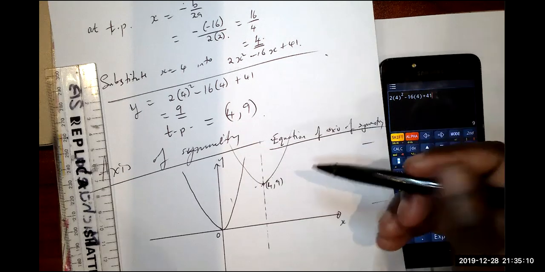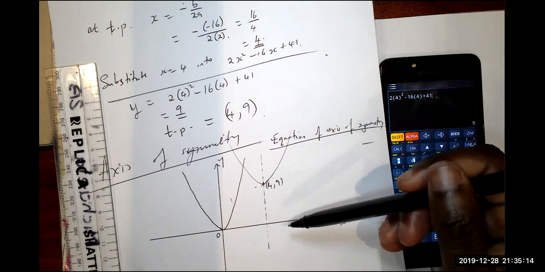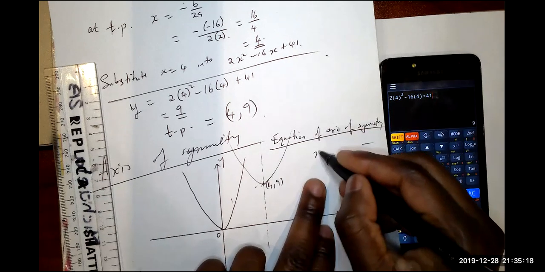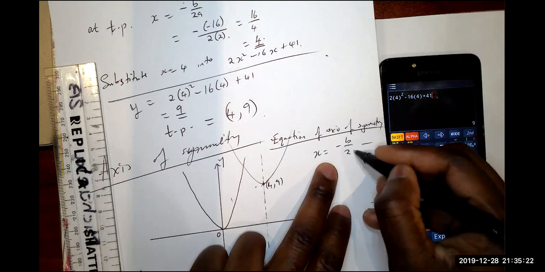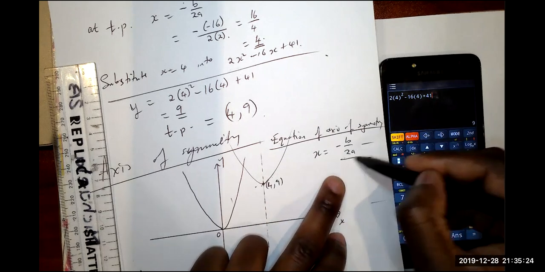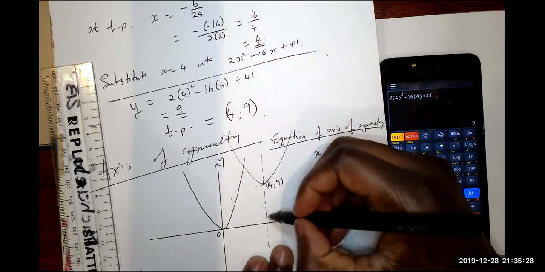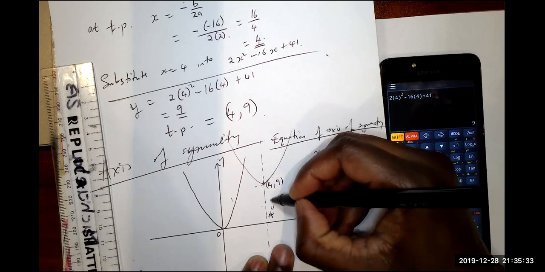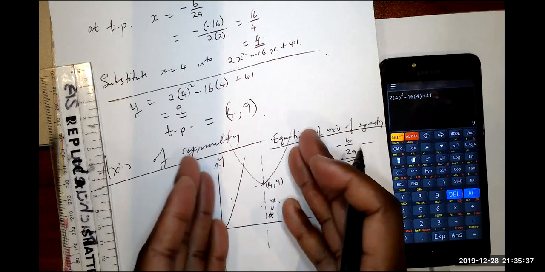Okay, so by finding the turning point, you know the x value. In other words, for the equation of the turning point, you just say x is equal to what? x equals minus b over 2a, and whatever you get here is the equation of the turning point. Like in this case, the equation of the axis of symmetry is x equal to 4, because at x equals 4,